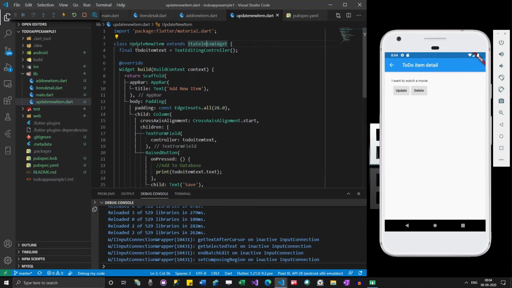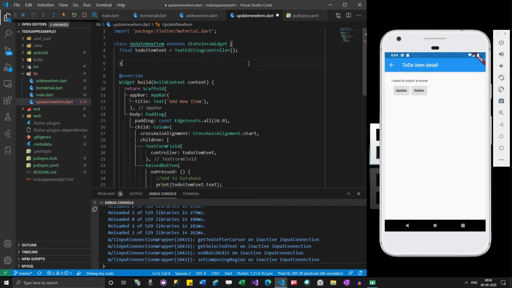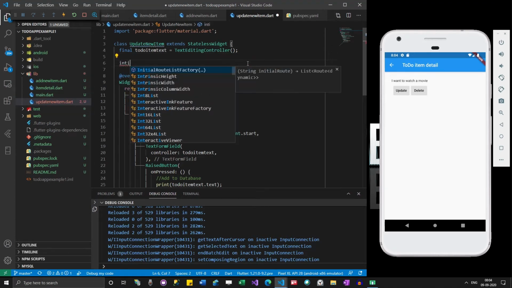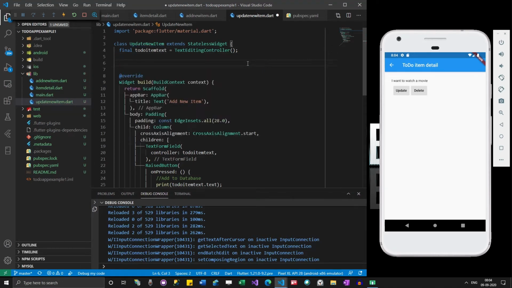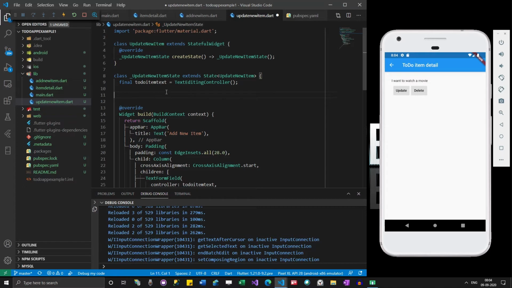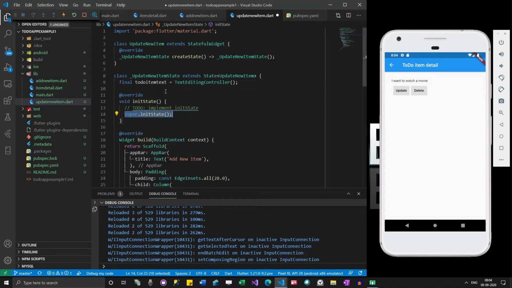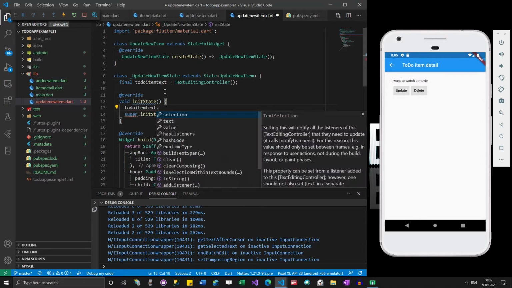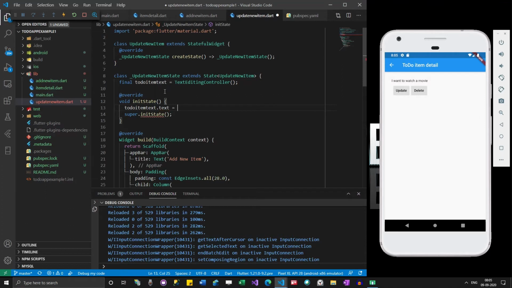For example, if I go here and check for init state, initializing state, it is not there. So I have to go to stateless widget, change that to stateful widget, and come here. So I can actually initialize it. I can do something like this. To do item text is equal to whatever text I want, I can initialize here.